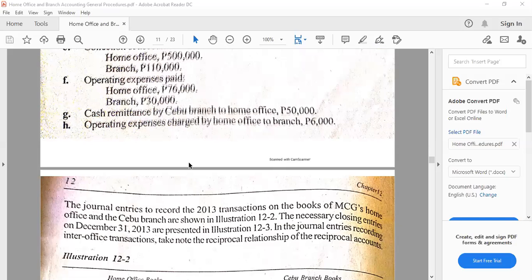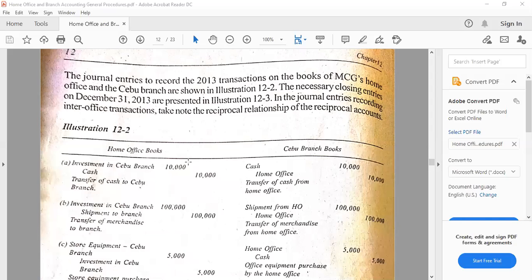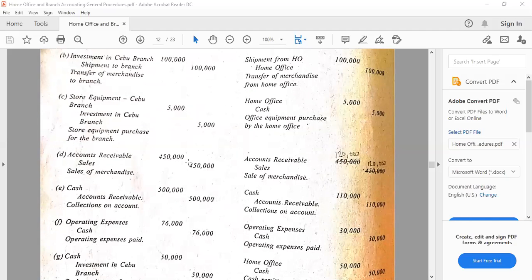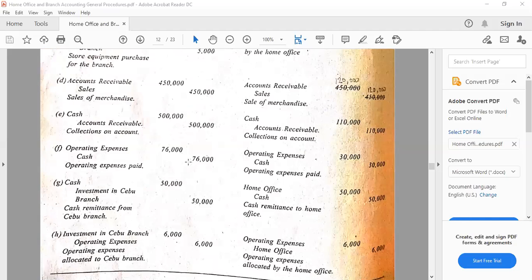So this is also a possibility wherein there are expenses coming from the home office, normally the common ones, the company-wide expenses, as what I've said when I discussed this one, so apportionment of those expenses. And then there could also be cases of the home office paying for the expenses on behalf of the branch. So anyway, that's another situation, but those are some cases going back and reviewing about expenses.